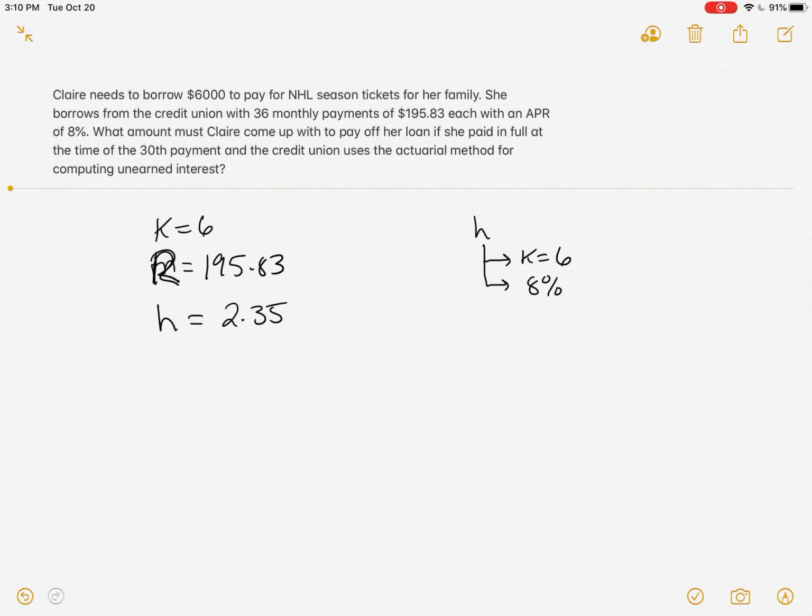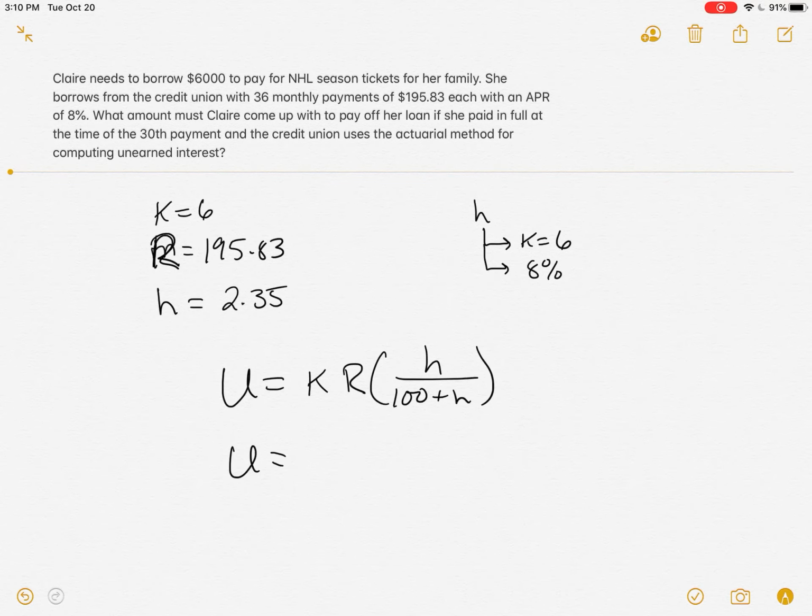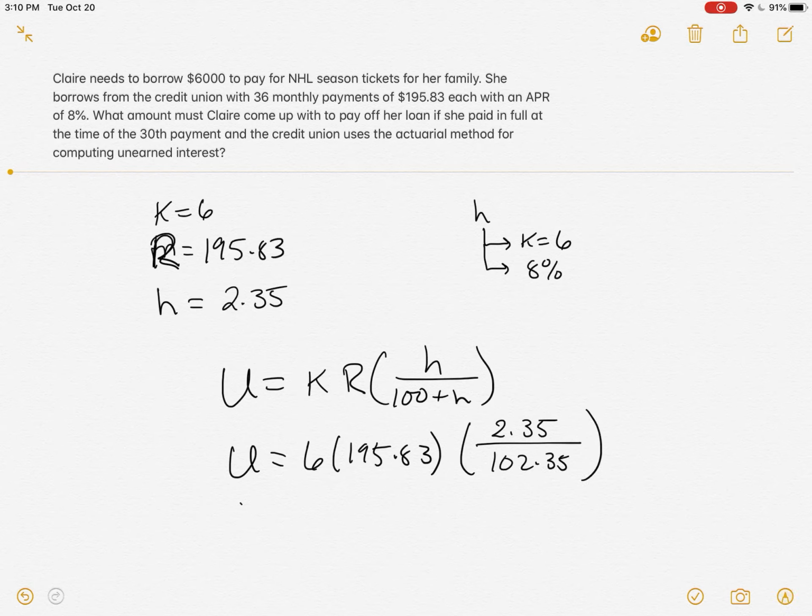So you'll get really good with this if you allow yourself some time to practice. Your homework is going to be a good practice for the exam, which will be very similar problems. Remember, it was K times R times H over 100 plus H. And so what do we know? The unearned interest is K, 6, R, 195.83, H, $2.35, 100 plus H, $102.35. Putting that in our calculator, 6 times 195.83 times 2.35 divided by 102.35, we get the unearned interest of